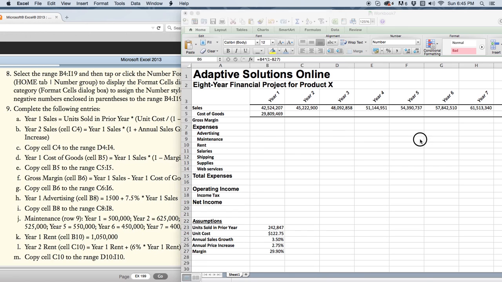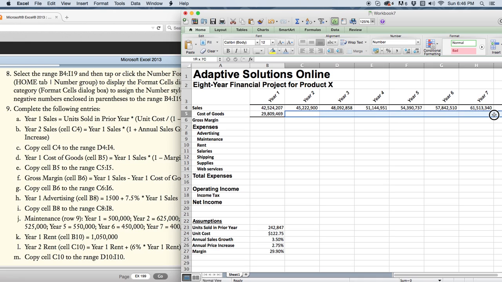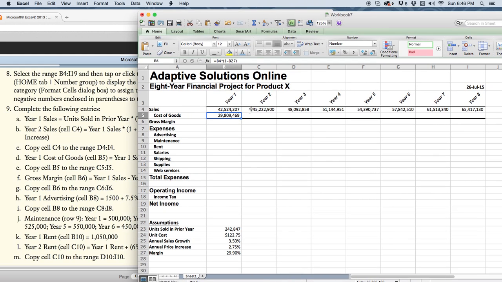I'm looking to copy B5, this data, and I want to copy it through all of these. So remember we talked about using the absolute value. And in order to do that, I could again put in the $ sign. Otherwise, I would need to enter in each individual number. So just as I did here, I want to keep B27 because that's the margin. So I would have to put in equals. Here I would put in